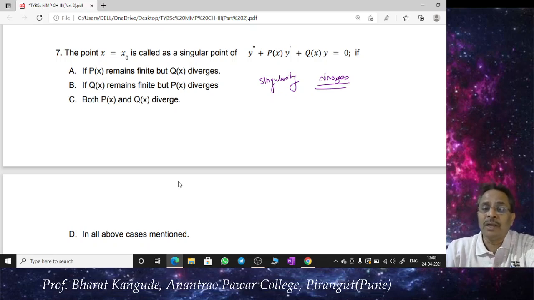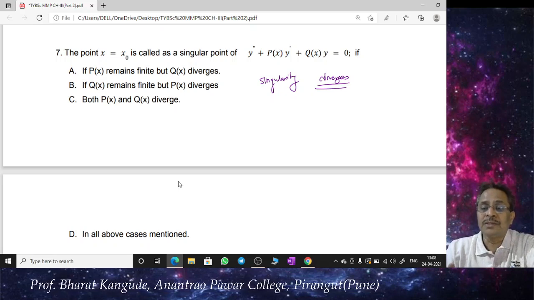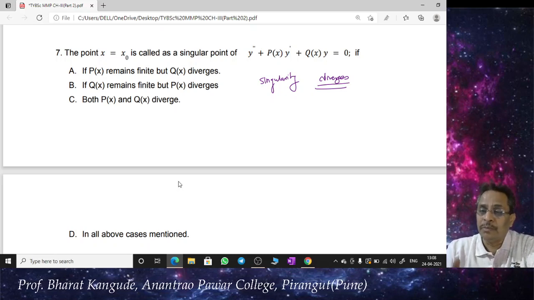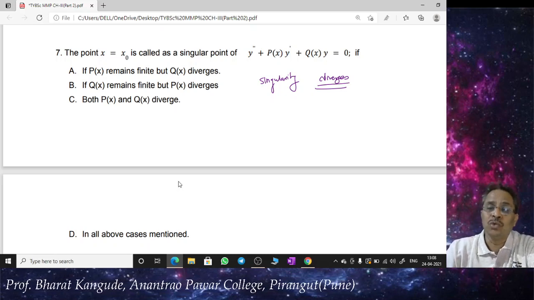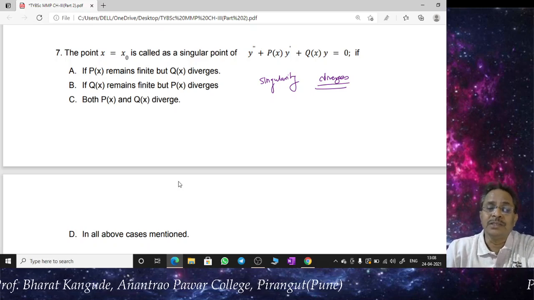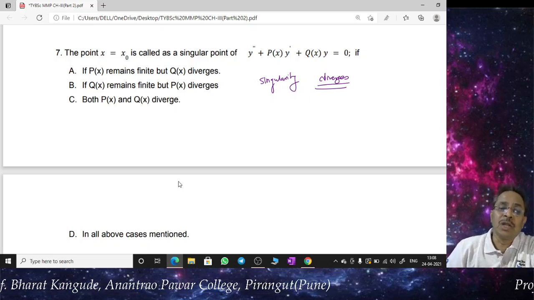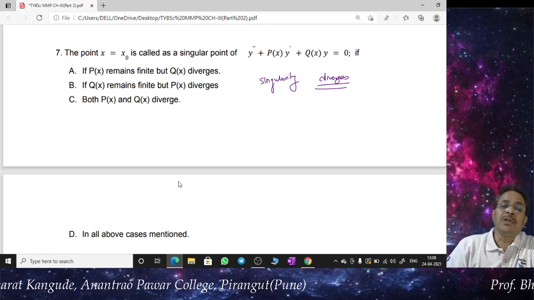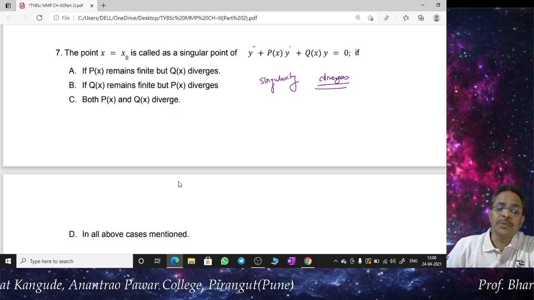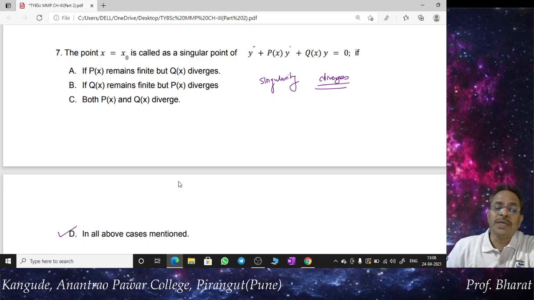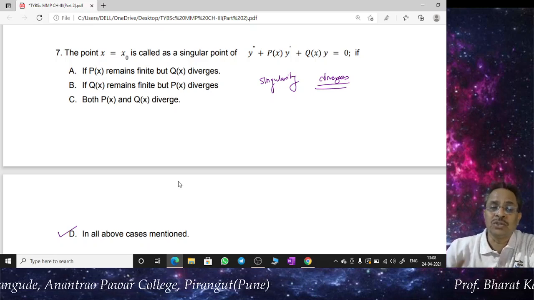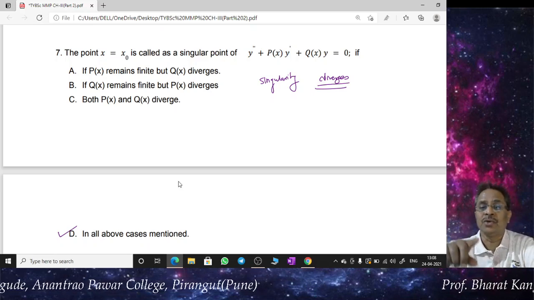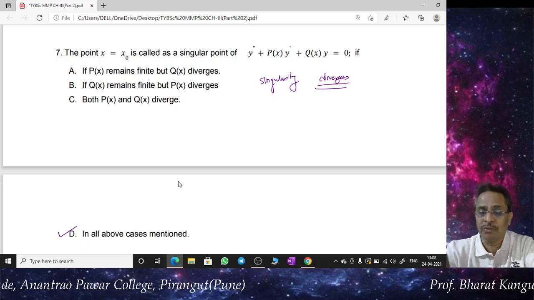Such a point x0, where any of this equation, either p of x or q of x or both, becomes infinity, such a point is called a singular point. Therefore option A is correct, option B is correct, even option C is correct, and therefore option D, all the above cases mentioned, is found to be correct. So the point x is equal to x0 is called a singular point of this equation if